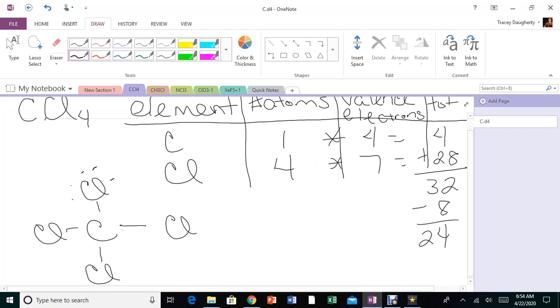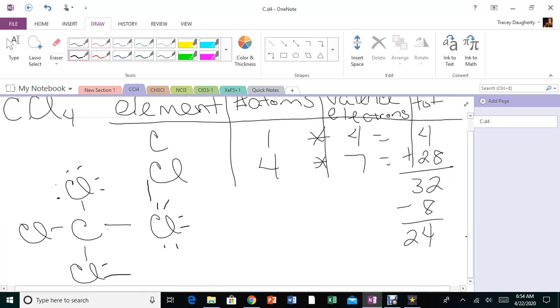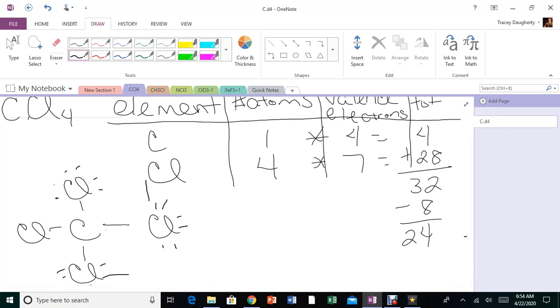Three, 4, 5, 6 around that first Cl. 1, 2, 1, 2, 3, 4, 5, 6. I'm drawing lines, but you guys draw dots. 1, 2, 3, 4, 5, 6 around the bottom Cl, and then 1, 2, 3, 4, 5, 6 around